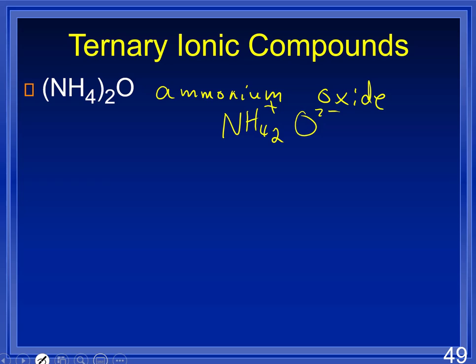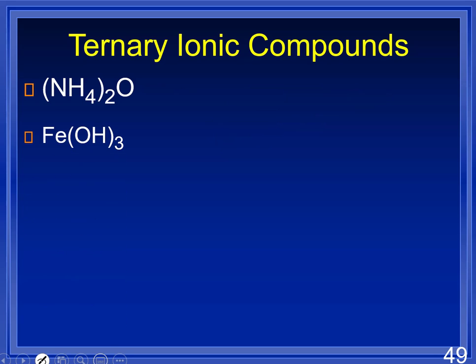So the only way I can say that I have 2 ammoniums is to put them in parentheses. Everybody see the need for the 2? So I can make my charges equal 0. I need parentheses, so I can say that's a group that sticks together. That's what the parentheses are about. So if you see them in some place like this,